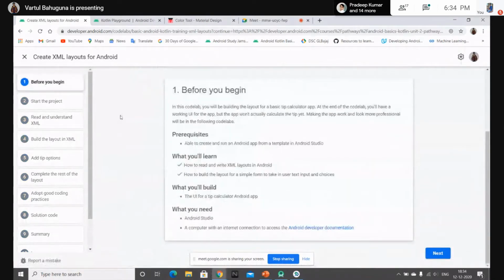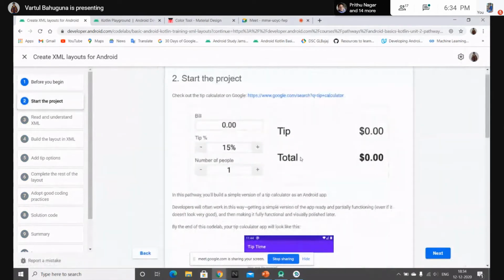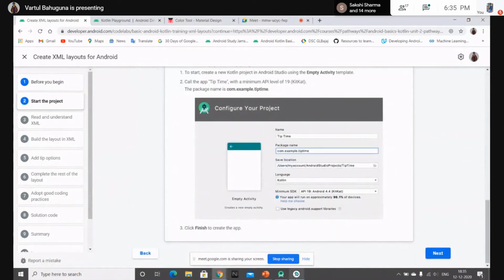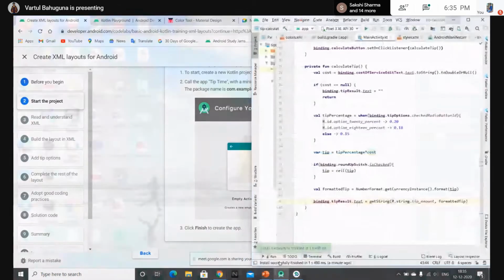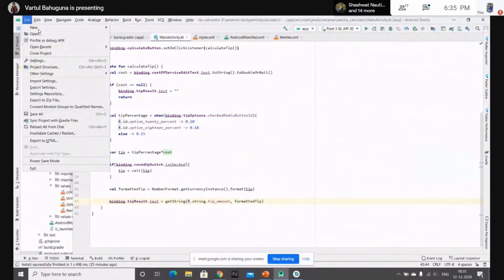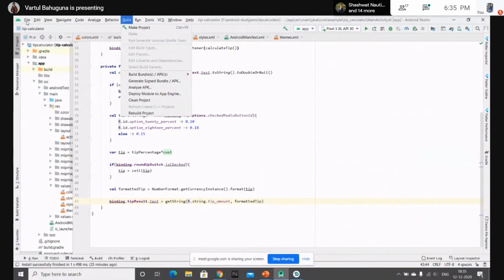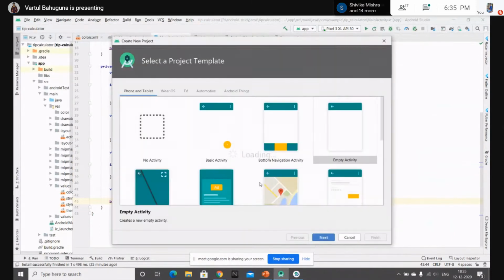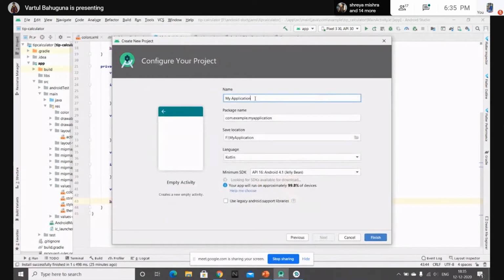That's some prerequisites, and then start with the project. This gives us a glimpse of the project that I've already given you. So let's start a new project in our Android Studio. Go to File, New, New Project, Empty Activity, name it Step Calculator.